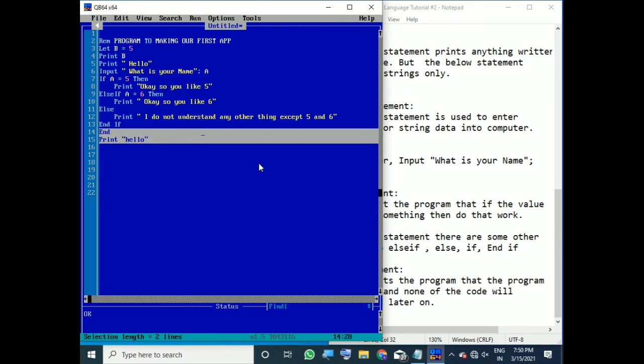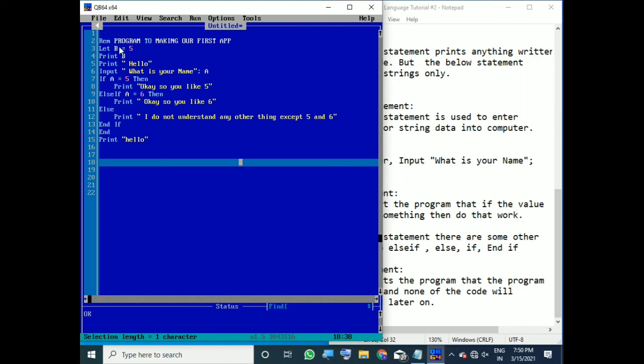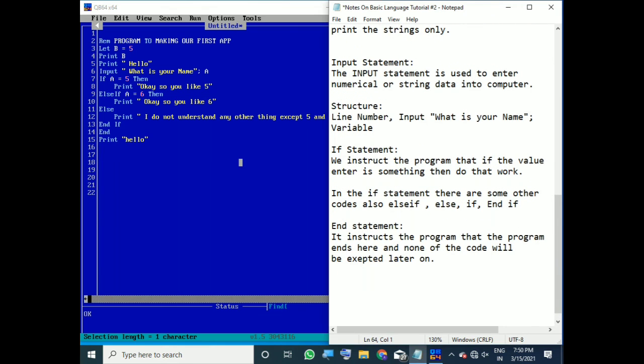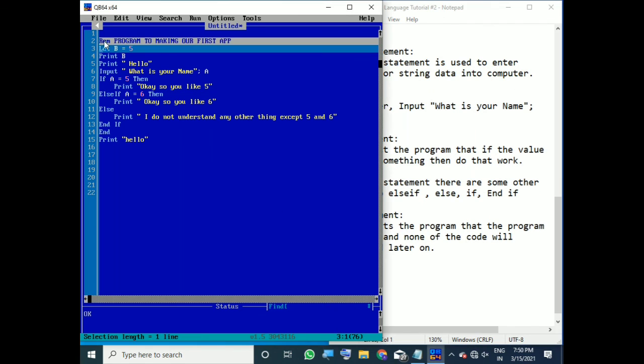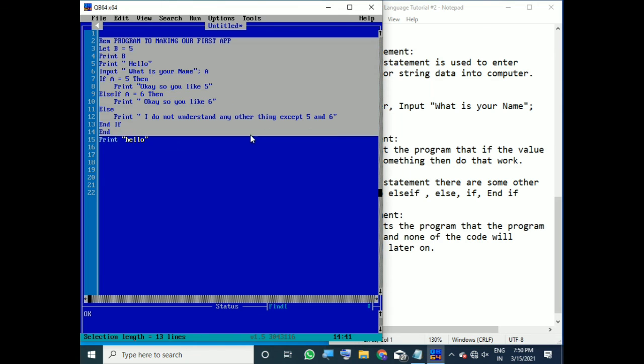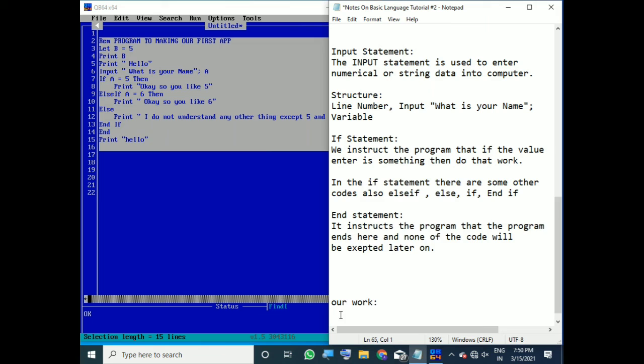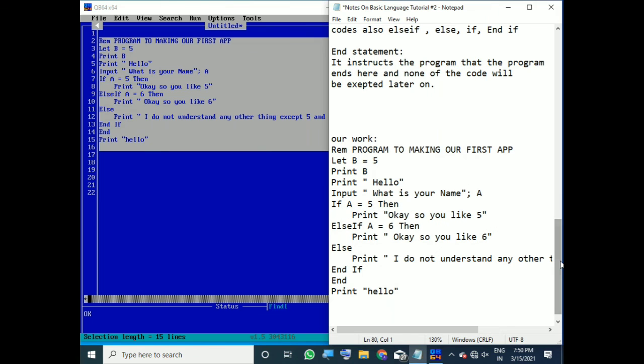Okay, so let's do it. So this was our program, and let's here write our work. So what is our work here? Let's just copy this. I'm just copying this for you, as you can do that. So it's done.